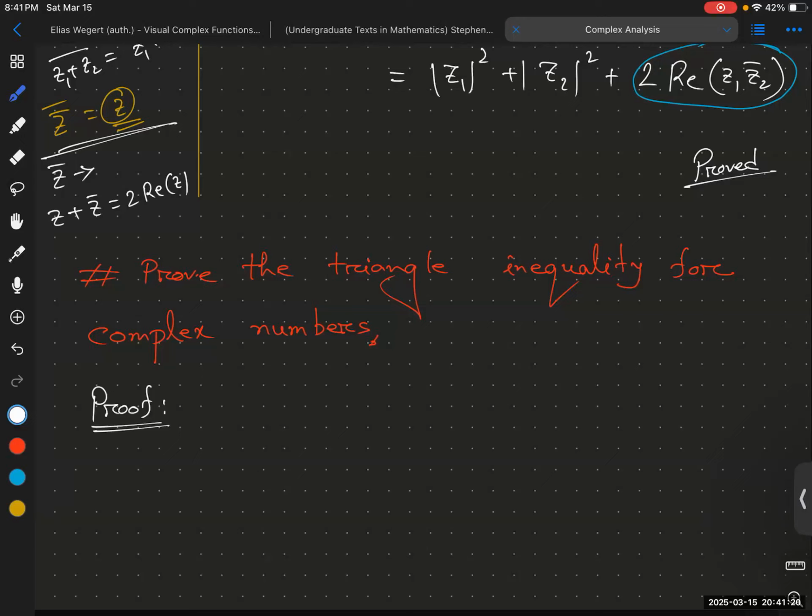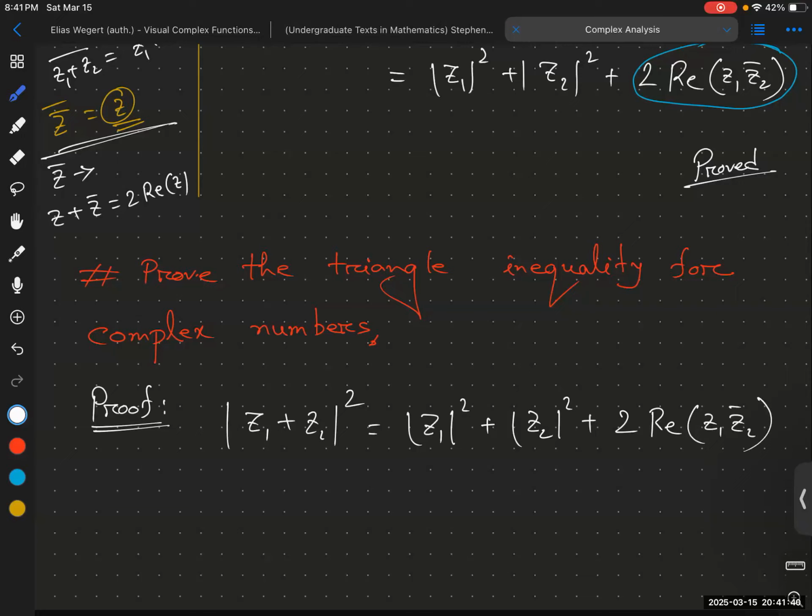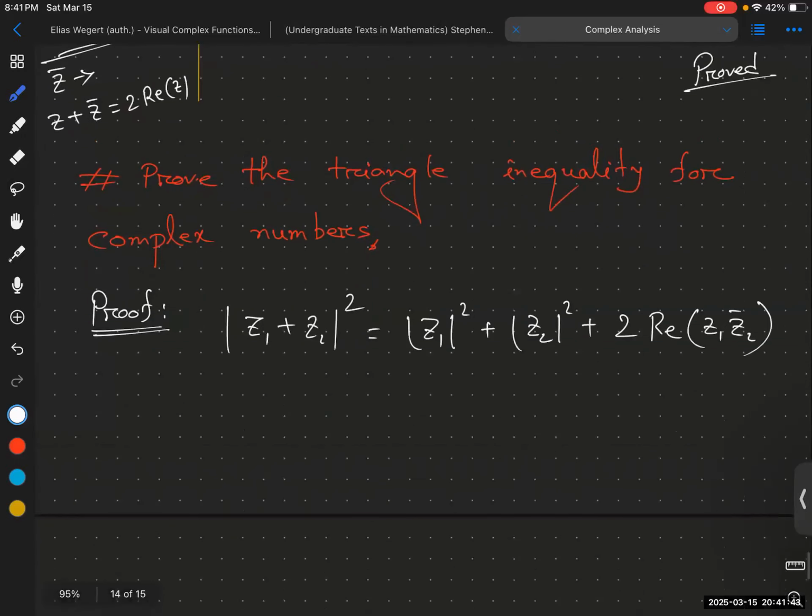So from the proofs above, we can use the second result first, that is |z1 + z2|² is basically |z1|² + |z2|² + 2 times the real part of z1 z2 bar. So we know one property, that the modulus of z is greater than or equal to the real part of z. So we can write it down as